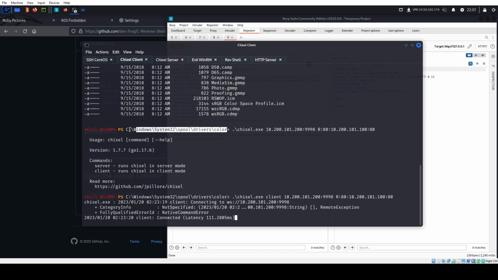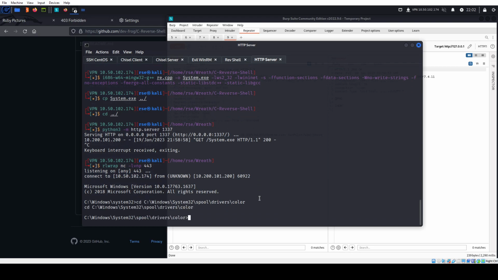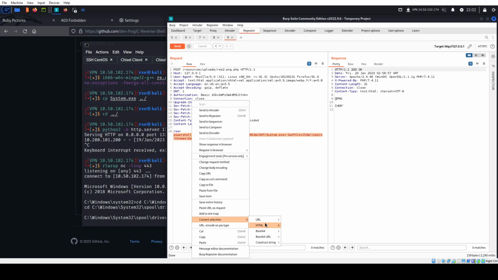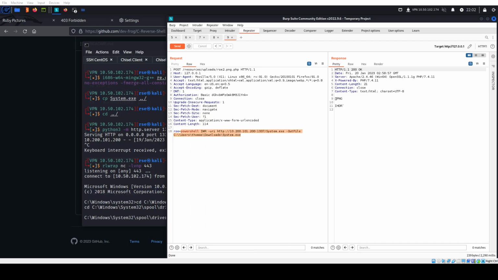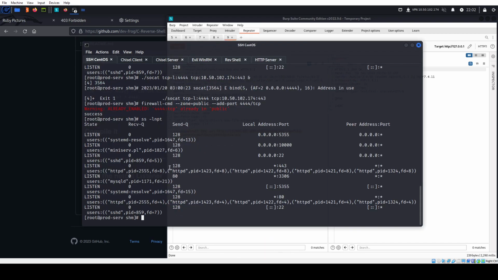Yeah, here we go. So we're system now, so we could do CD. Okay, and I'm actually gonna URL decode this just to make sure, because what I'm gonna do is, you guessed it,